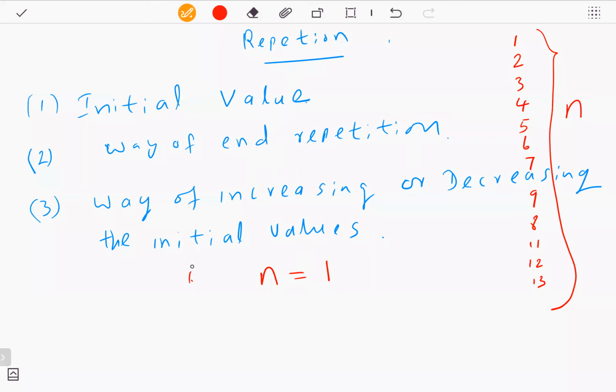Second, you want to think about how to stop the program, how to stop printing numbers. You want to stop printing numbers when n becomes what? In this example, n becomes 13. You want to end the printing at 13. Right? Then third,